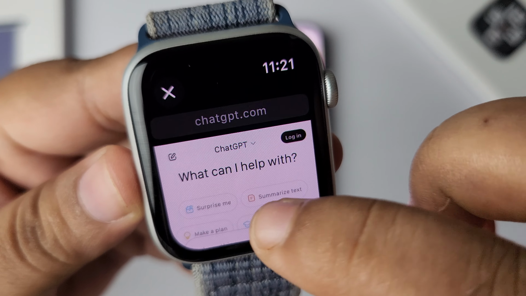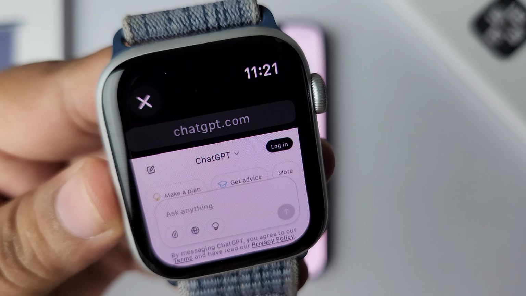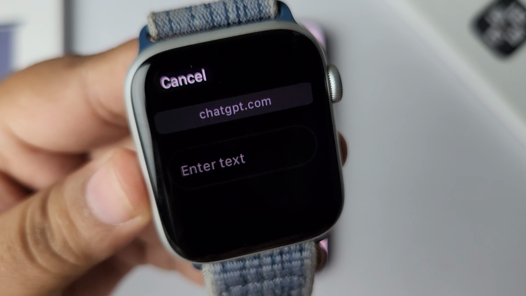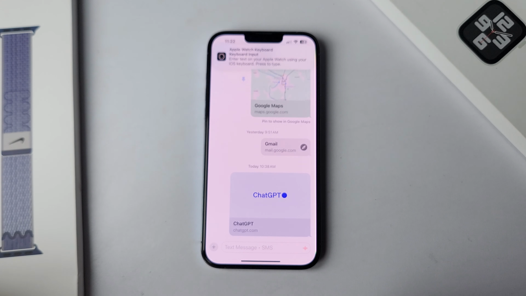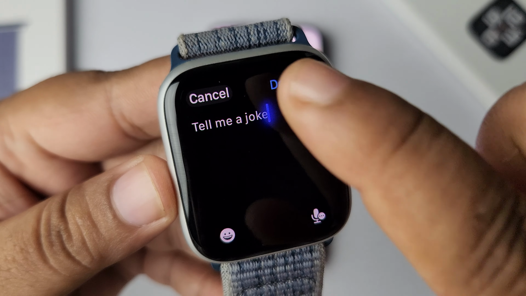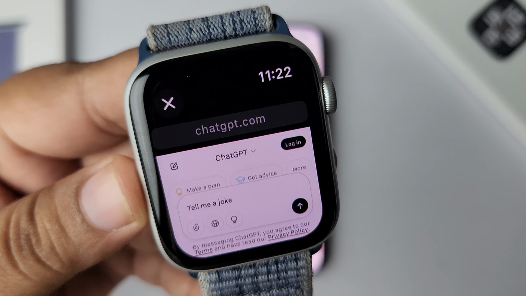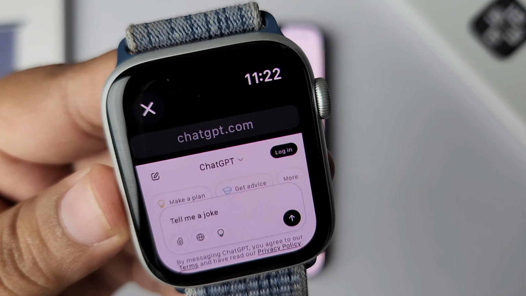As you can see, now just scroll down and tap on Ask Anything, tap on Enter Text, Tell me a joke. That's how you can write anything in the ChatGPT prompt box. Now just tap on Send,